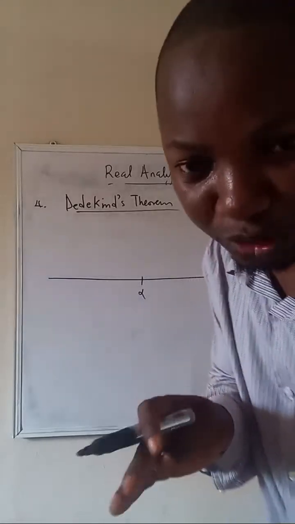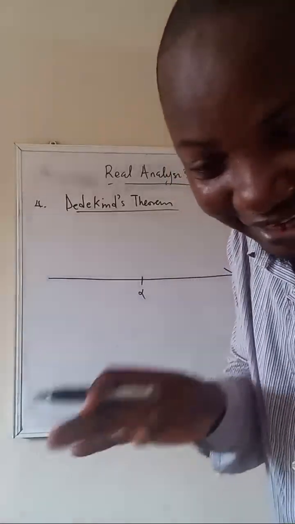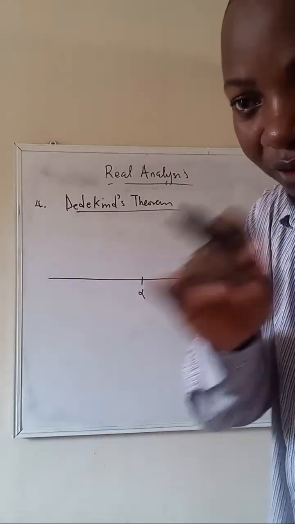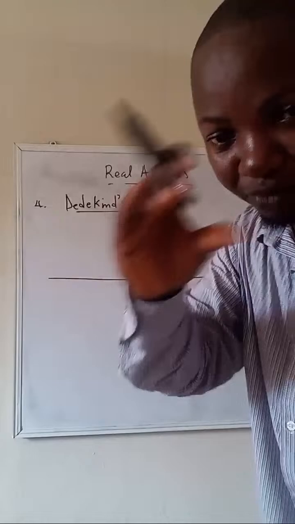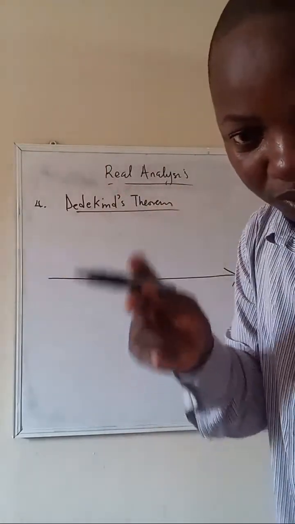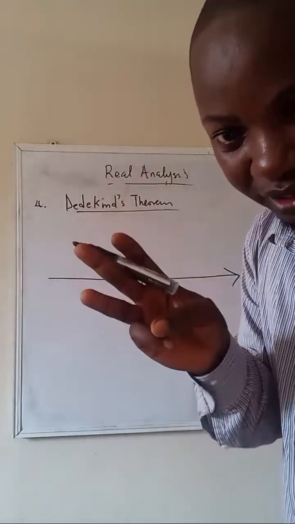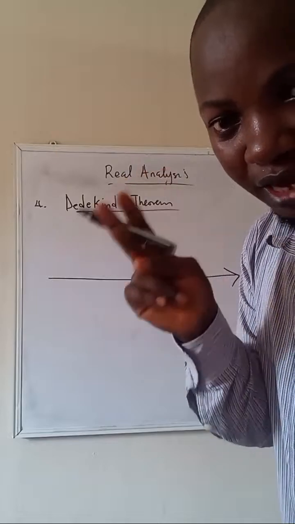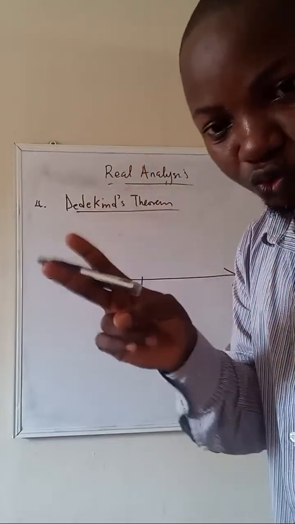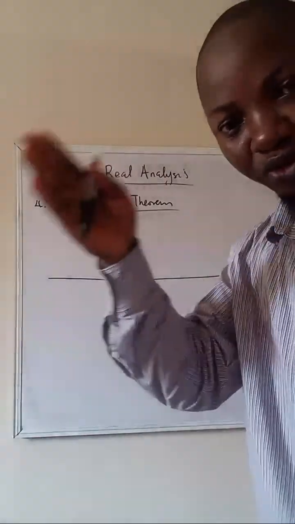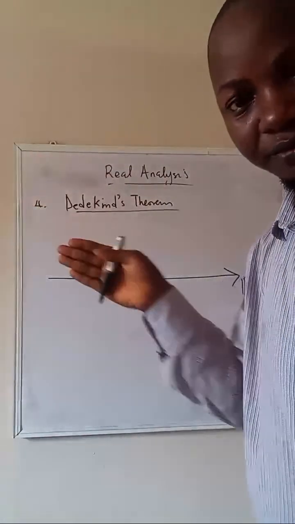The properties we are talking about in this class are 4. Absolute value is just 1, so under absolute value there are properties under it too. Dedekind is another 1, Archimedes another, making 3. Then the dense property making 4. Earlier in our physical class, we discussed 2. For today, this is the second one we are discussing. The first one we discussed is the absolute value properties. Is that taken?